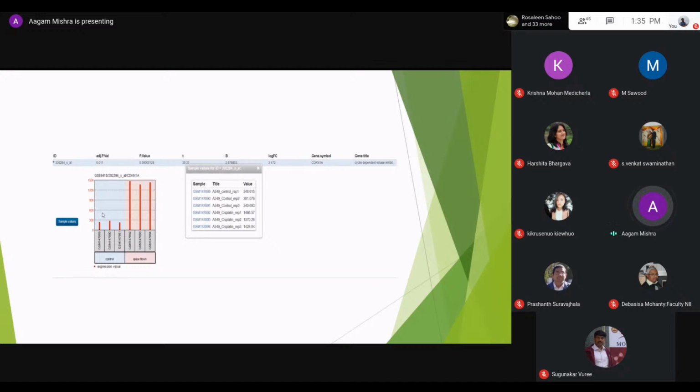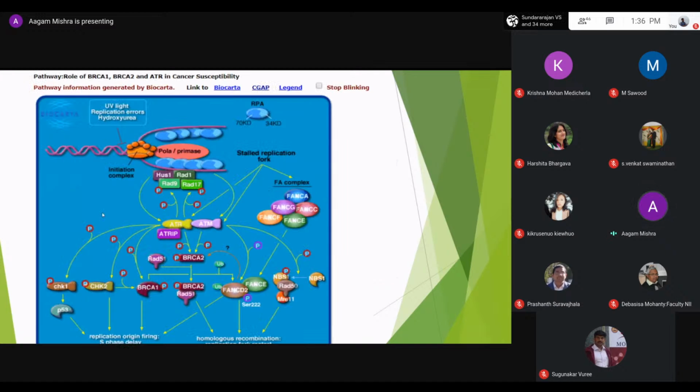Further, we analyzed it through GEO2R, where we found that the most significant genes are with the smallest p values. And in this graph, the red bar represents the expression measurement that is calculated through the value column presented in the sample records. After, with the help of DAVID, we did various functional annotations and clusterings and derived the